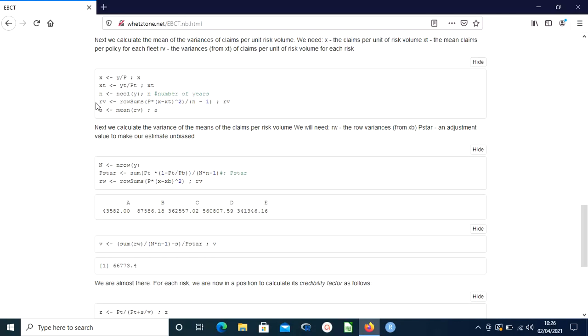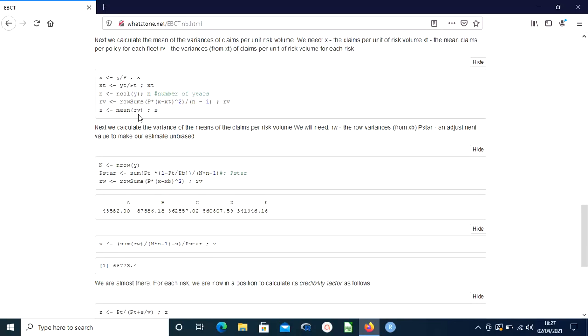Now we need to know the number of years, which is the number of columns in our table Y, and then to calculate RV, we used this formula: row sums of P times (X minus XT) squared, and then divided by n minus 1, which you should recognize as the formula for variance. And then to find the mean of these variances, we used